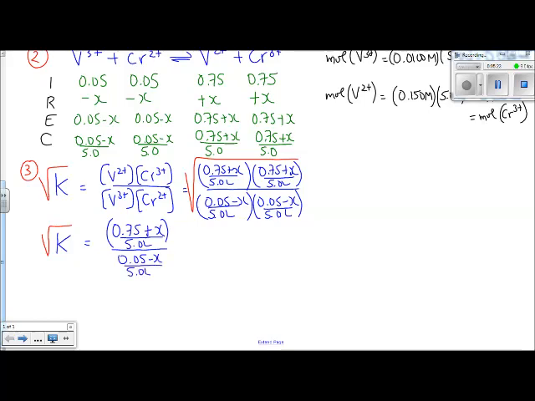liters divided by 0.05 minus x divided by 5 liters. And even the 5 liters cancel out. So we're looking pretty good. We're going to take the square root of K for that. And then it's a very simple matter to solve for x. And x, remember, is a quantity in moles. Don't get mixed up with moles and moles per liter. X is the number of moles of each reactant that are lost, and the number of moles of each product